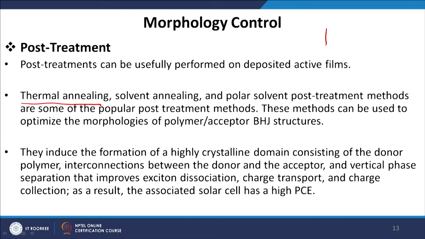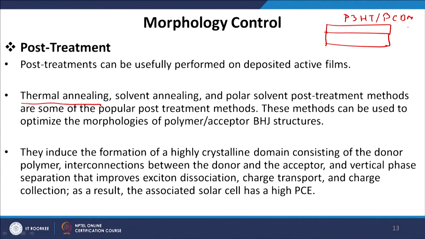Let us say I have this substrate on which I made this P3HT PCBM film. Again we take this example of this conventional material P3HT PCBM. Now after making the film, I want to ensure the crystallinity of the film. One way of increasing the crystallinity is heating the film. The heating of the film is called sintering. We should sinter it at a temperature higher than the boiling point of the solvent.